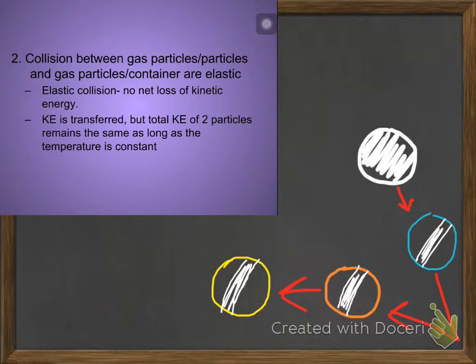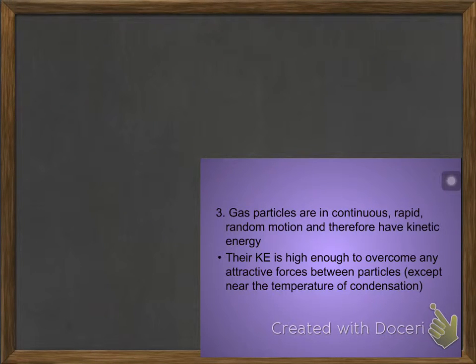Think of a bunch of pool balls colliding in a chain reaction, except that none of them change their energy, and whatever velocity any of them have going into it, they maintain going out, so no kinetic energy is ever lost. We assume that gas particles behave that way. We assume that gas particles are in continuous, rapid, and random motion, and therefore have kinetic energy to begin with. This helps explain why they keep moving and don't lose anything, because we assume that the kinetic energy they possess is high enough to get right over any attractive forces between the particles.